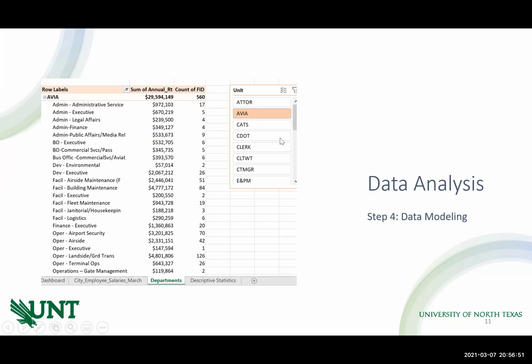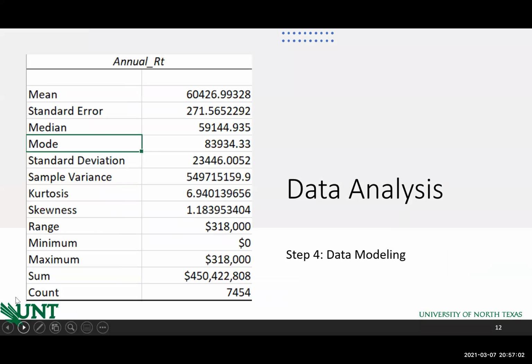And with the slicer, you can target any unit and it's organized in alphabetical order, so you would just use the scroll bar to go further down to see the other ones. And of course, we wanted to include a descriptive statistics table for the annual rates, which is in this case a currency, and it provides really quick information without having to use any of the functions or formulas